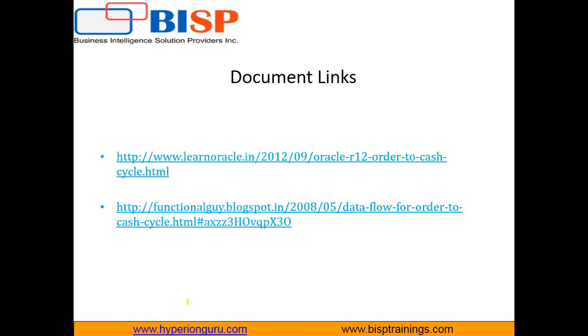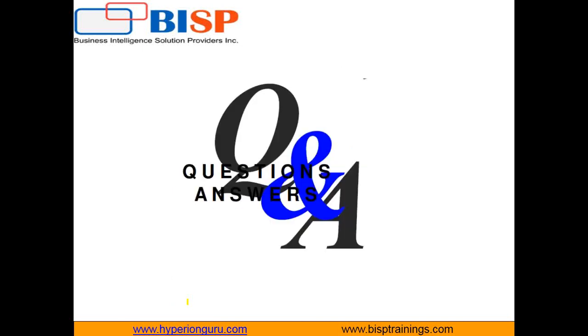So I have put up a few links where you can get more information on these order to cash cycles in more depth. If you're not happy with just the basics, you can always get into that. There are a lot of sites where you can really get each piece of information, maybe in a technical way or a functional way, right? So I hope you people